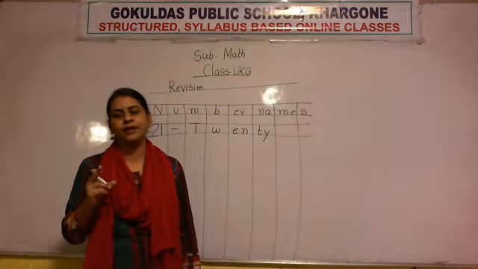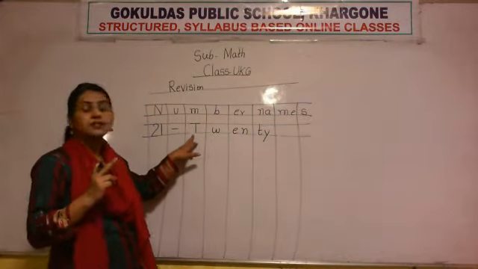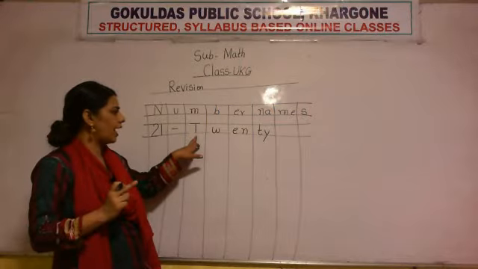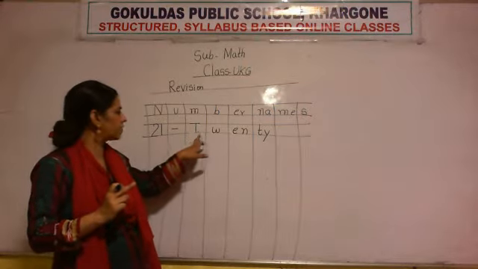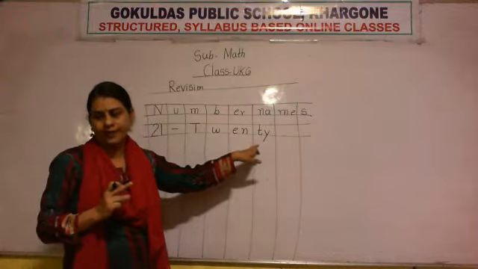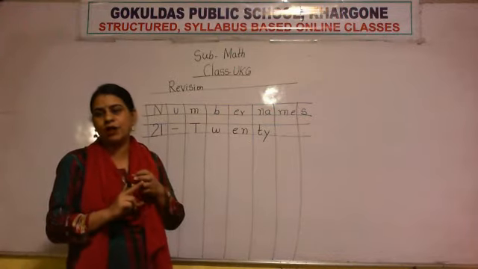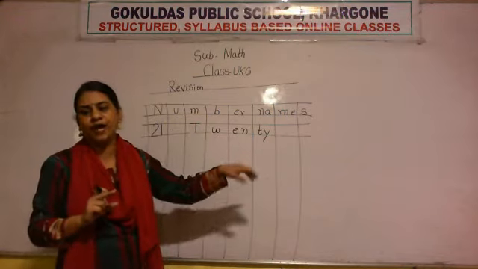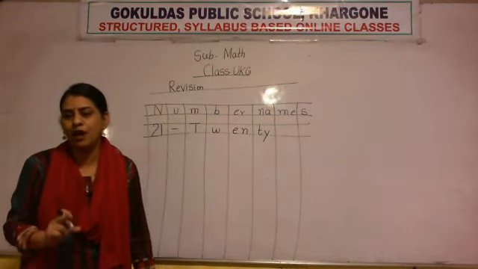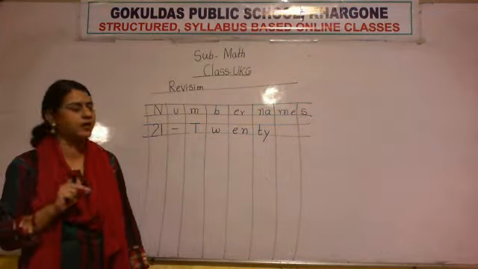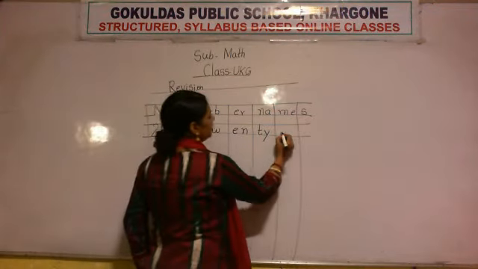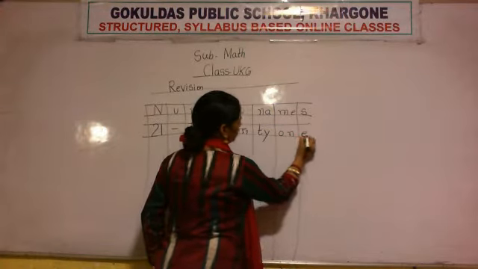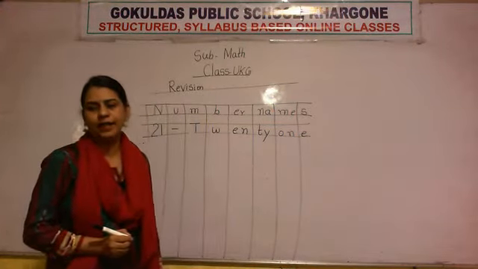You have to write a capital letter only at the starting of the sentence or at the starting of the spelling. So here I used capital T, after that small letters, and don't mix cursive letters, small letters and capital letters. Now I am going to write the spelling of 1, also in small letters. Here small o, small n and small e. So this is the spelling of 21.